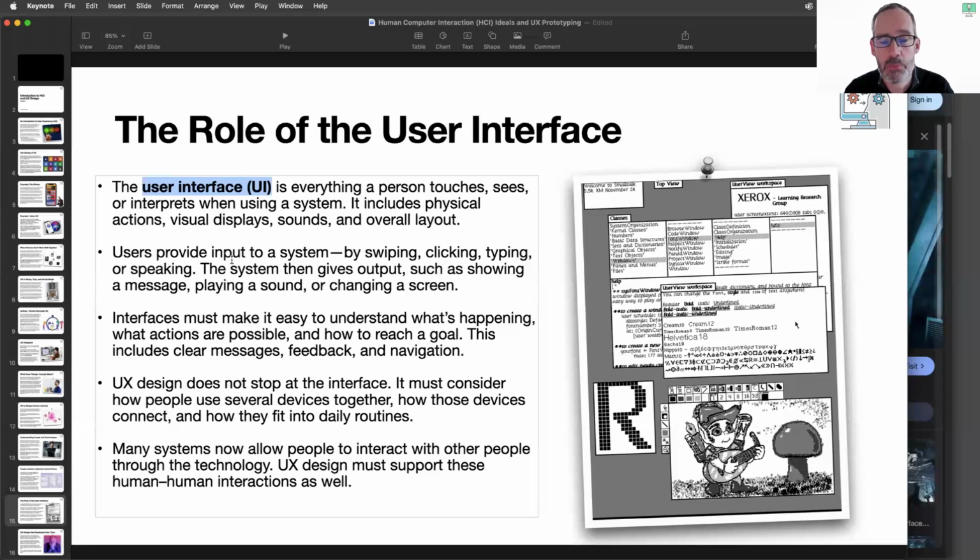And users provide input to a system, and the system gives them output, such as showing a message or playing a sound. And interfaces must make it easy to understand what's happening, what actions are possible, and how to reach a goal. And you can guide the user as to how best to proceed. And this could include clear messages, feedback, navigation, things like those alerts, clicks in Pinterest, the little vibrations that your phone gives you when something is correct or incorrect, all those type